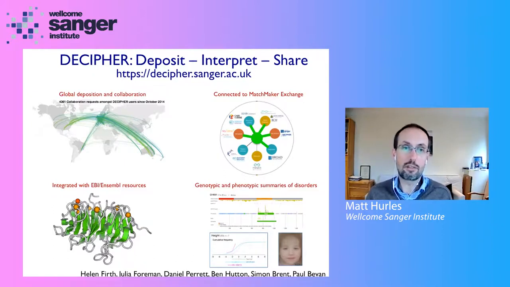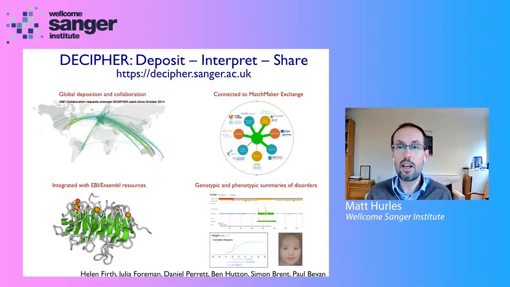And the global map on the top left shows you the extent to which this kind of system has enabled thousands of collaborations, thousands of papers, and thousands of diagnoses to be made that may not otherwise have been made. And not only can we bring together on this one portal all of these clinicians and their patients, but we can start to integrate the data that they provide on the genetic data, and we can start to link that together with what we know about what those genes do and what the structure of